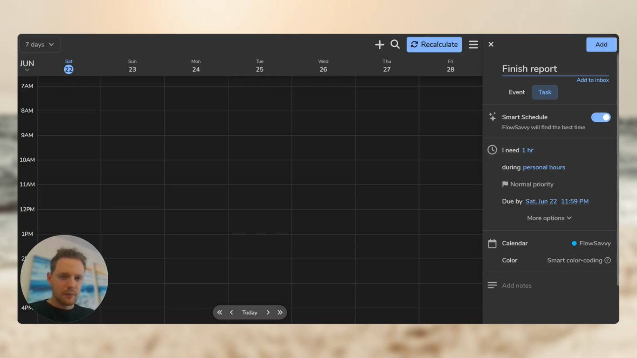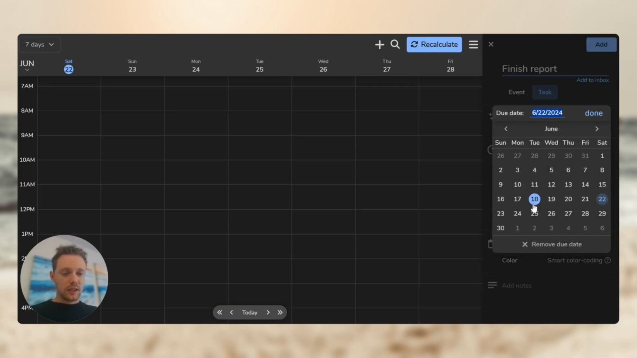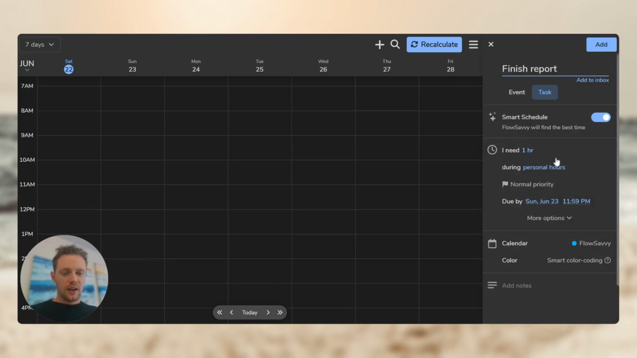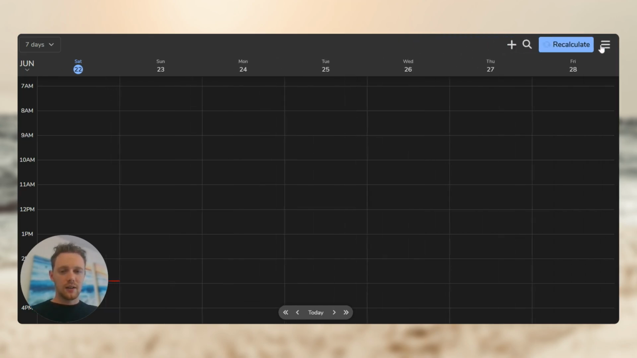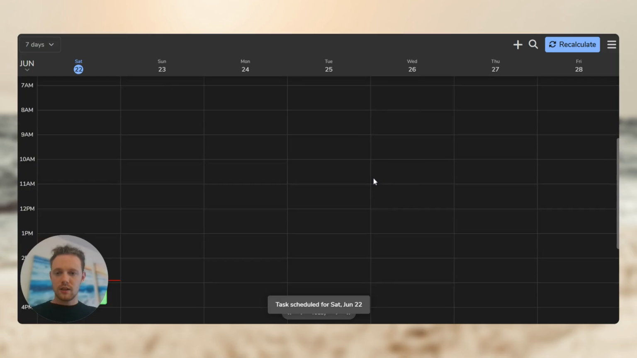I wanna do this sometime by tomorrow. So I'll leave it as a task. I'll leave Smart Schedule turned on because I want FlowSavvy to find the best time for me. And I'll leave it as 1 hour, that's fine, during personal hours. I'll leave it as normal priority, and then due by, I want to get it done sometime before tomorrow. So I'll click that, and I'll leave the rest as defaults. We'll come back to that in a second, but I'll click add, and we can see, okay, cool, it's scheduled